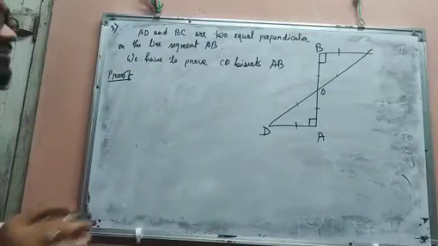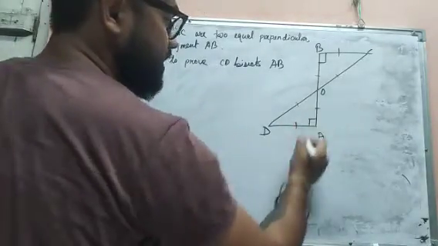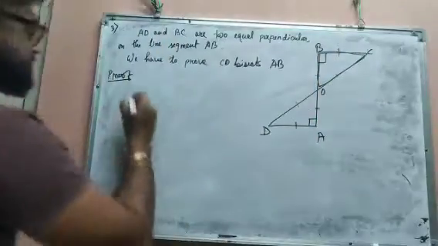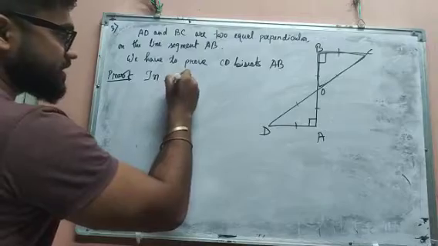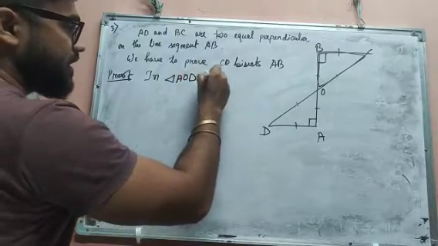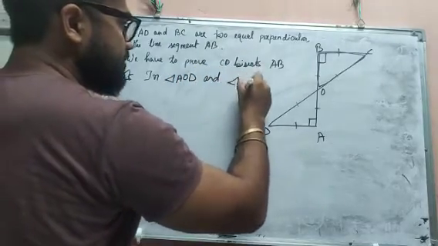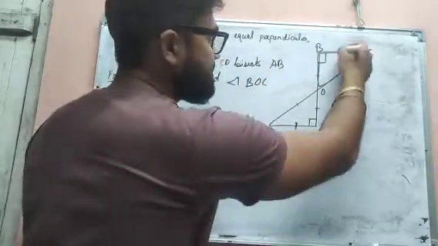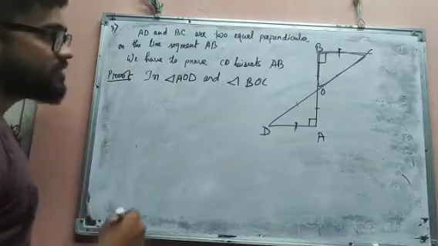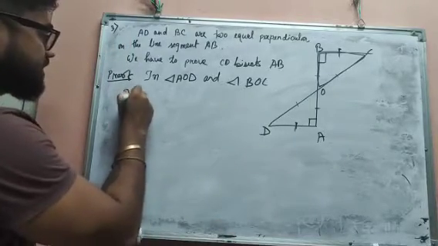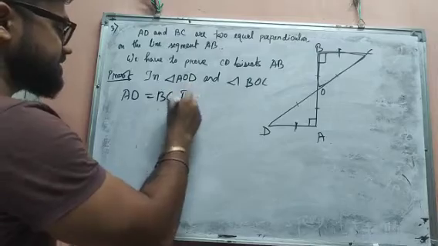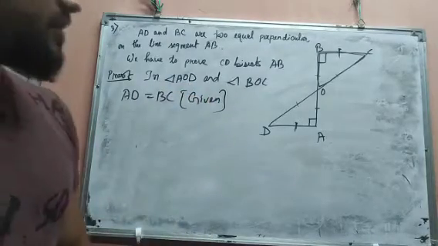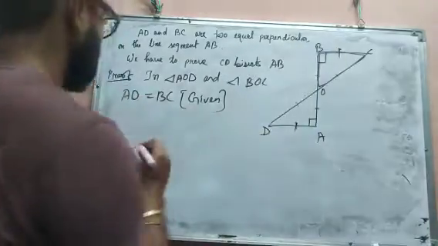Okay. To show that, we have to take these two triangles, that is triangle AOD and triangle BOC. So how to do it? In triangle AOD and triangle BOC, see, AD equal to BC. This is given because the perpendiculars are equal. So we write AD equal to BC, given. These are given. Next we can show that angle